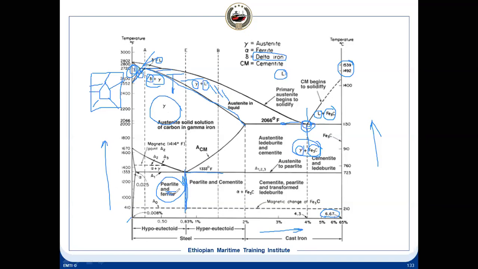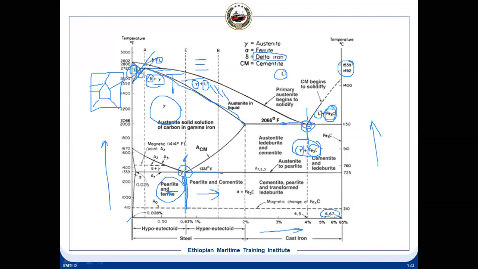This side, it will be pearlite plus ferrite. This side, it will be pearlite plus cementite. We know the pearlite structure, the laminar structure, and the cementite. Cementite is this. So if we increase the temperature, this is having more than one phase. This is the lowest temperature. If we move upward, the phase will change to single phase and it will become gamma. And when you move downward, at this point, it will change to two phase and gamma will not exist in normal condition.